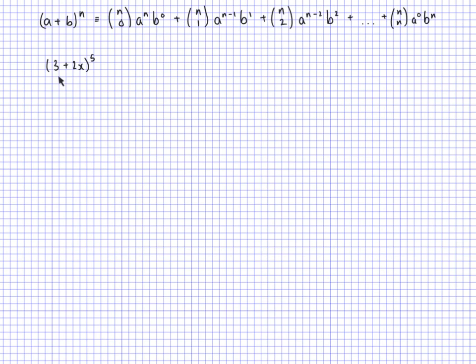Okay, so now I'm going to show you how to expand a binomial like this to the power of 5. So if I use the binomial theorem, I know that the first term has 5 choose 0, which is just 1. I will have the a to the power of n, which is 3 to the power of 5 for me, and b to the 0, which is 2x to the 0, which is going to be 1. So all I'm going to have left is 3 to the power of 5. 3 to the power of 5, I can write that here, plus, now I'm going to have 5 choose 1, I'll write that one down, 5 choose 1,